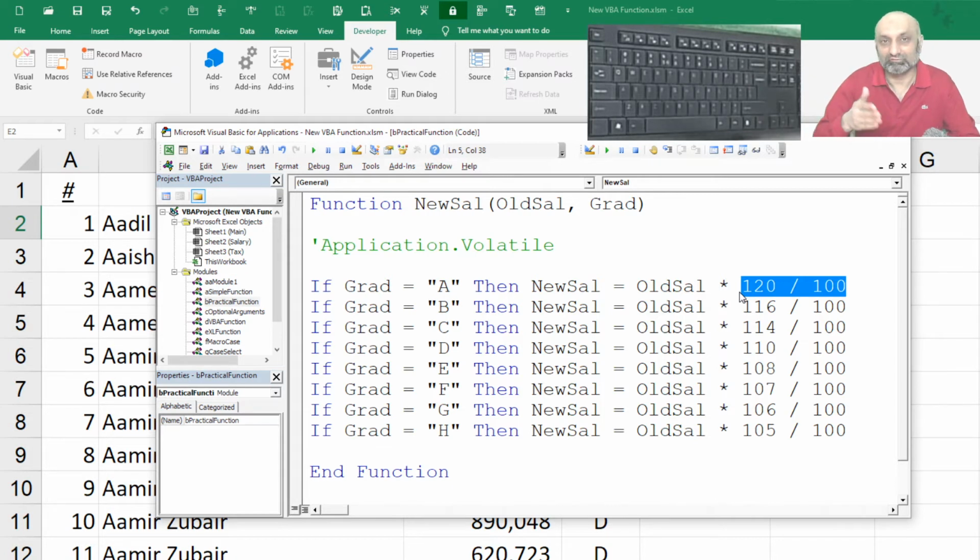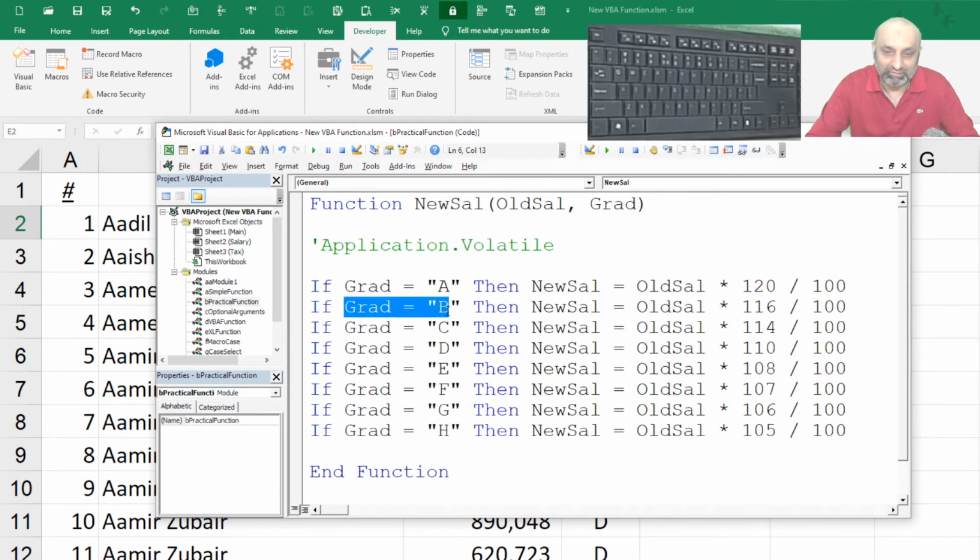So you have to multiply by the full number, then divide it by 100. And if grade is equal to B, then new salary is equal to 116%, and if grade is C, then it is plus 14%, if D plus 10%, and so on till it is H. If someone got grade H, then the old salary should be multiplied by only 5%.